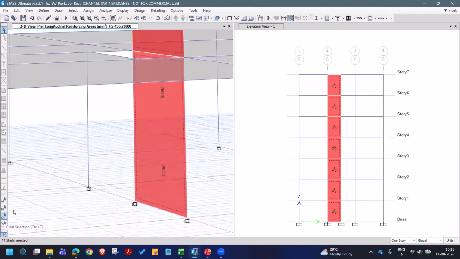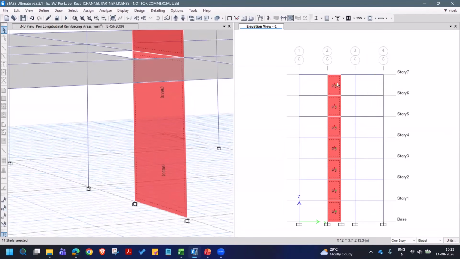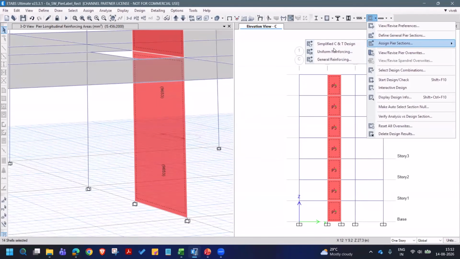So this is not only for the planar wall, this is the same concept for the C-shaped wall. We'll come to this shear wall as an example. Hope this is fine to you, but you can also do this design of this once again using the general reinforcing